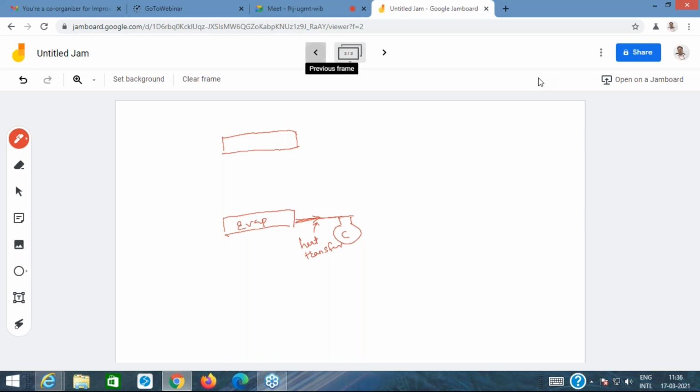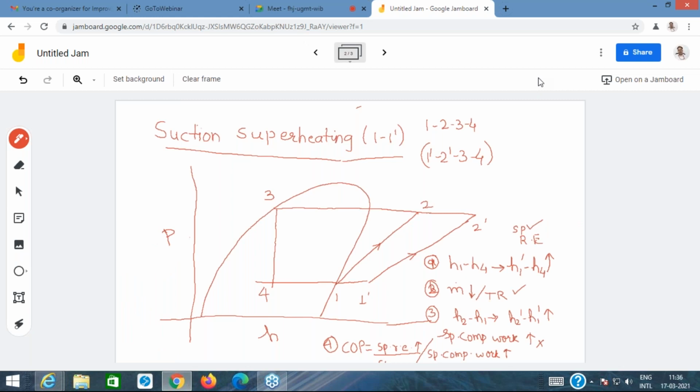If that happens, then you would understand that this suction superheating is not going to have an impact on the increase in the refrigerating effect. So that suction superheating would not increase the performance of the system. Please understand that suction superheating happening in the evaporator could only contribute to the increase in the refrigerating effect. If the suction superheating happens in the suction line, then it is not going to increase the refrigerating effect. It would, however, increase the compressor work, and that won't be desirable.